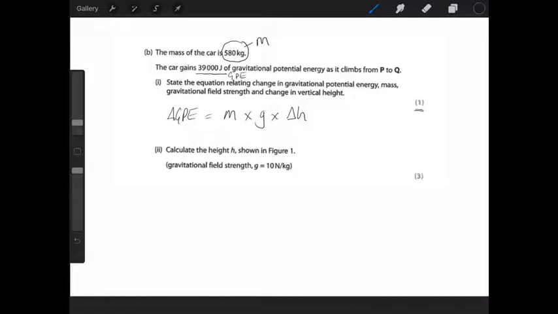So calculating the height, we've got to rearrange the equation, but let's substitute in first with the numbers that we know. So we know the gravitational potential energy, we know the mass, and we are being reminded that we are taking gravity, as we always do, as 10 newtons per kilogram, and it's the change of height we're trying to find. So if I solve that step and get it down to 3 parts,